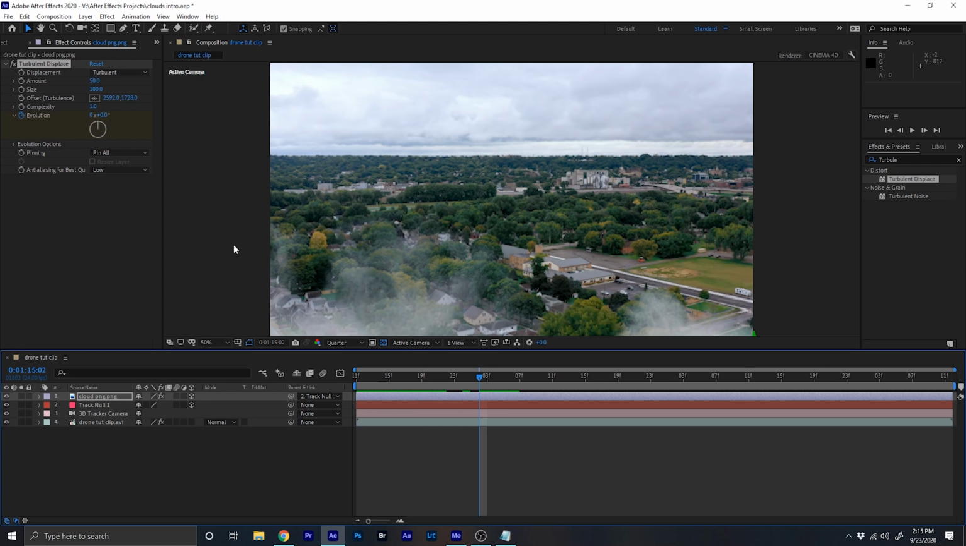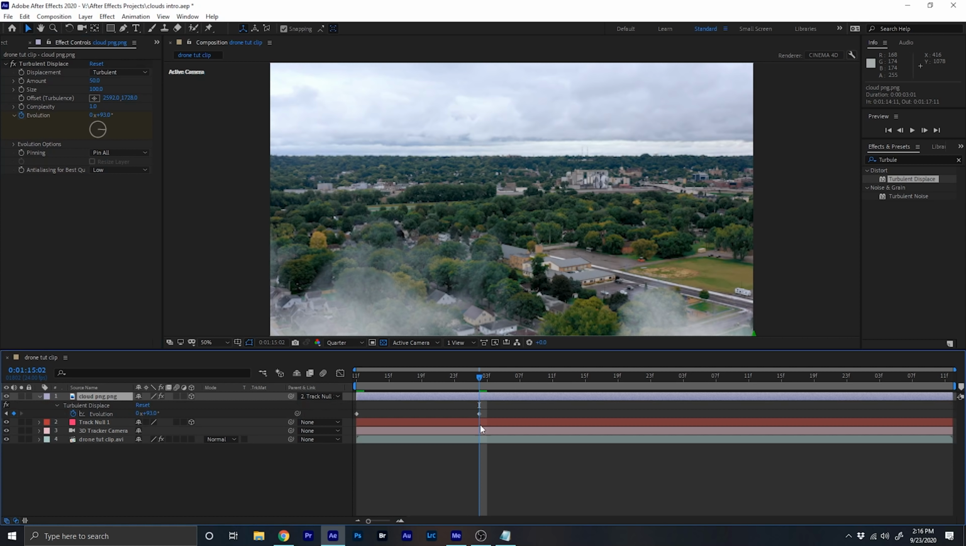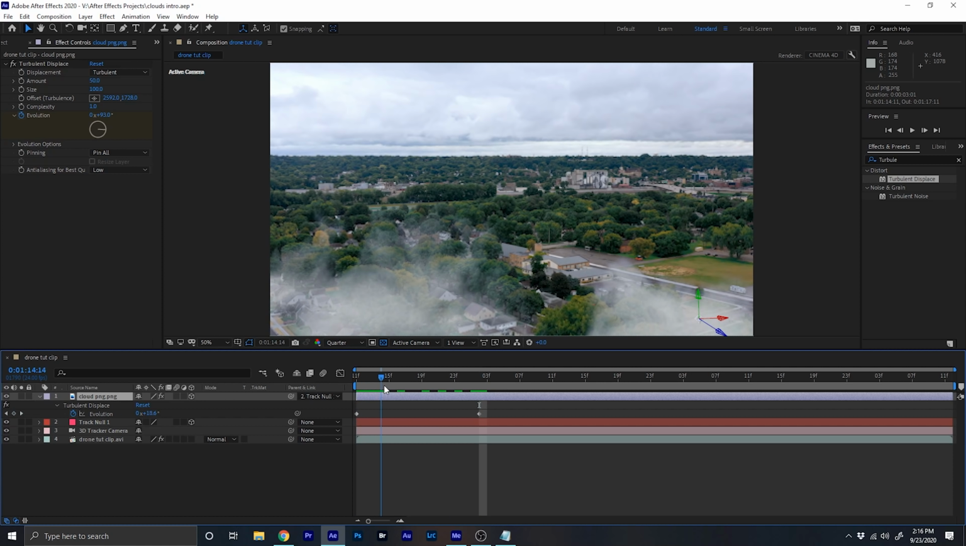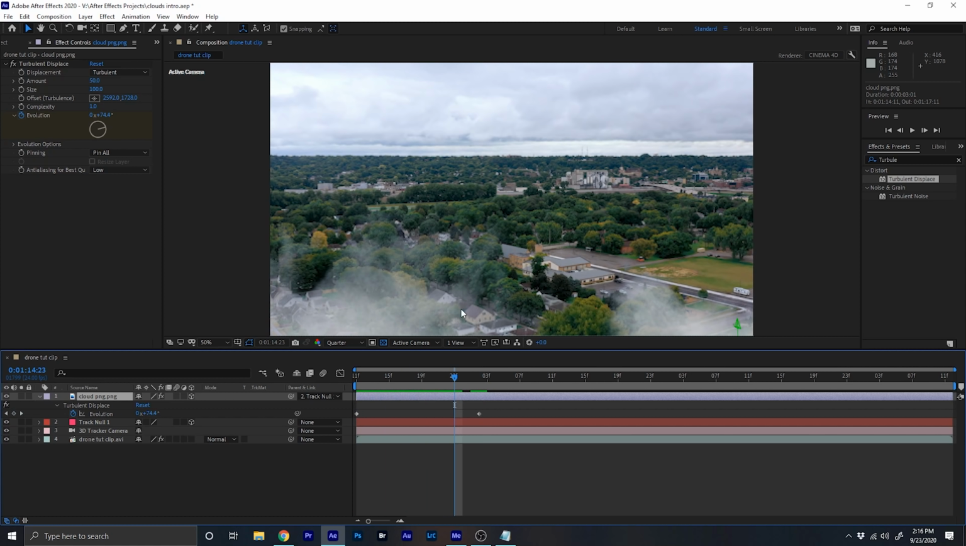So let's just go right here. Now we're going to drag this to, let's just try like 89, let's do 90, 93. Click U if you want to drop down this bar so we kind of see where the keyframe is. Okay, so now, as you can see, these clouds kind of move around a little bit more, like they're in